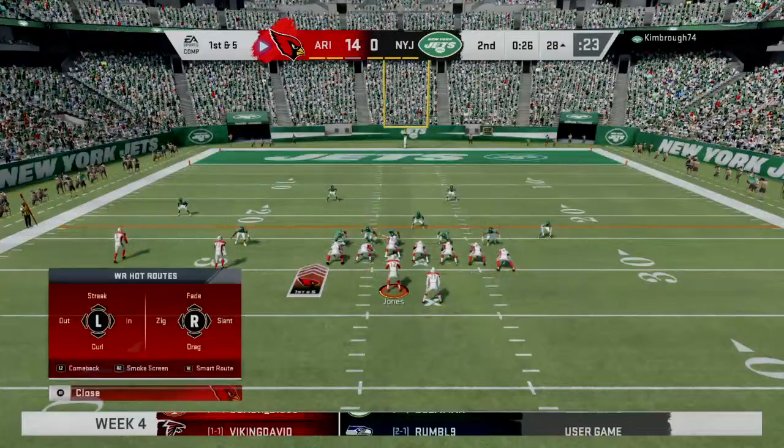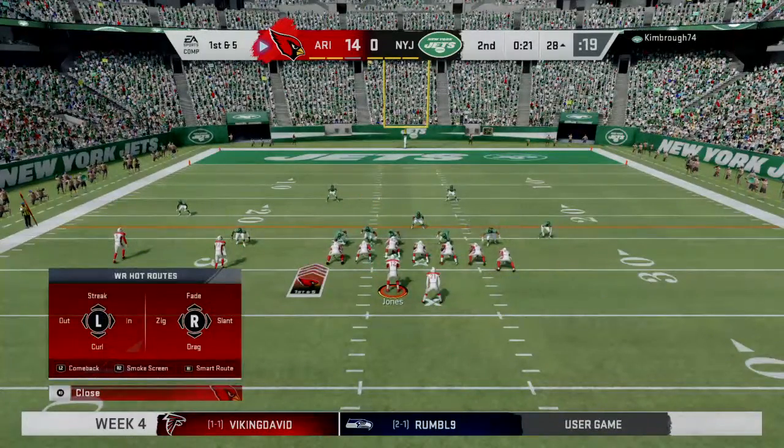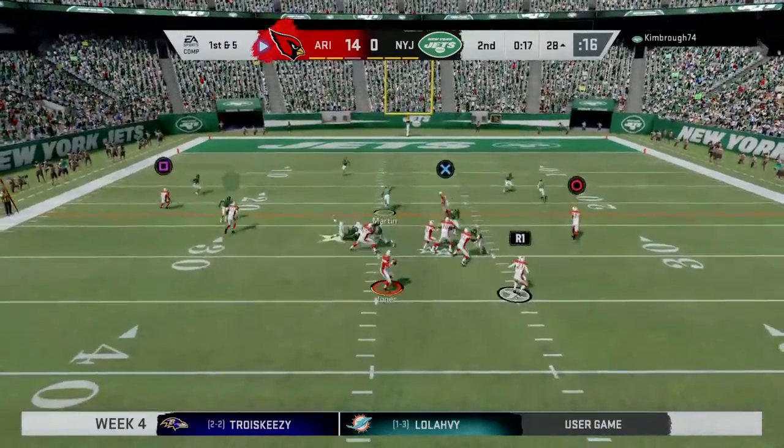Here's 1st and 5. 96, Mike 96. You gonna see me in your nightmares, son. You gonna see me in your nightmares. And now, from the gun,